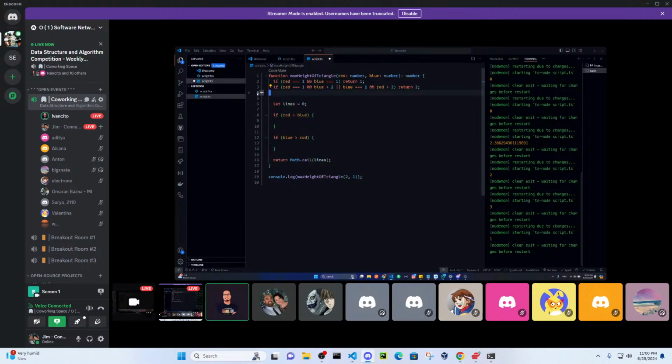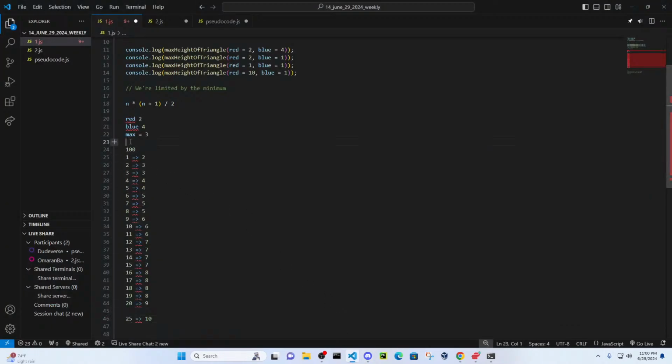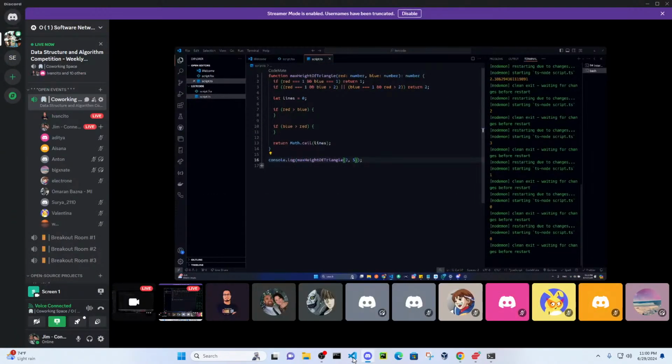So that's kind of like the same. So let me see if I do two and I put right here five. How much is it gonna give me? Oh no, let me see. I don't return. Okay. If red triple equal to one,